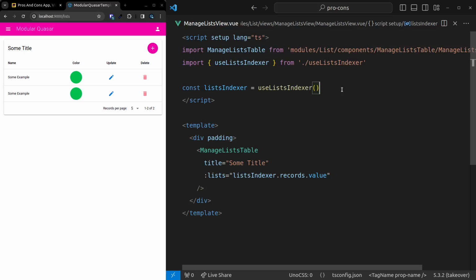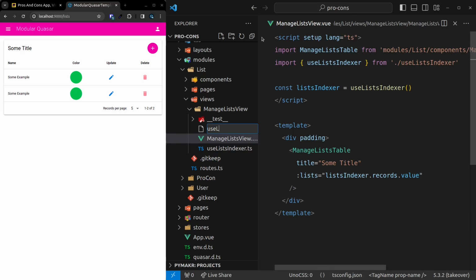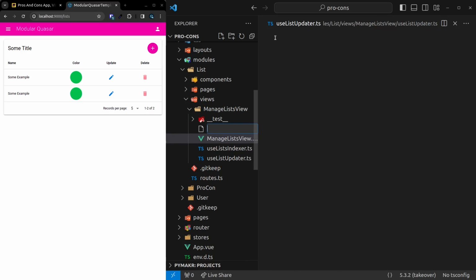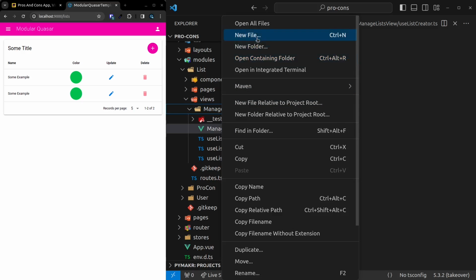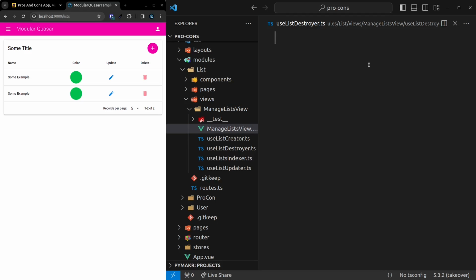Okay, so now that this knows how to send all of those events up to the parent, we can now start responding to them. So we need composables for creating, updating, and deleting. So I'm going to create a new file here called useListUpdater.ts. New file, useListCreator.ts. New file, useListDestroyer. Now, I know that might be confusing. We're using different language here. And that's because the word delete is a little bit